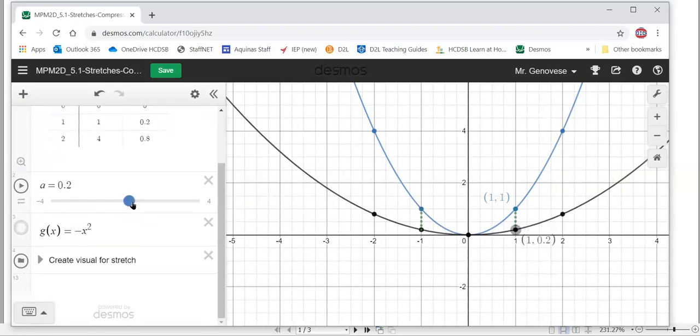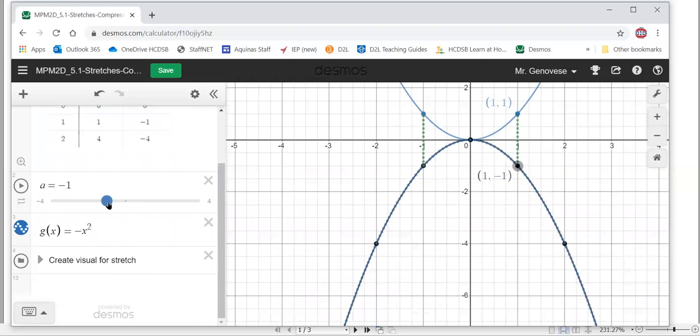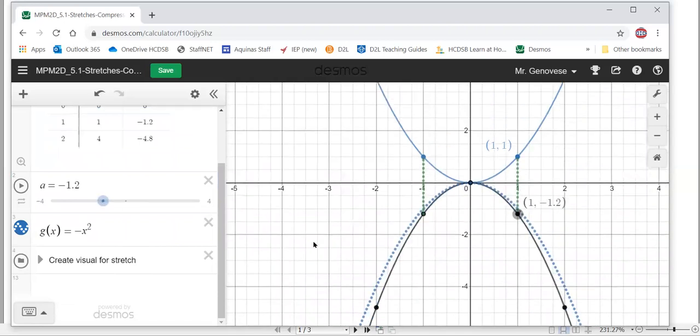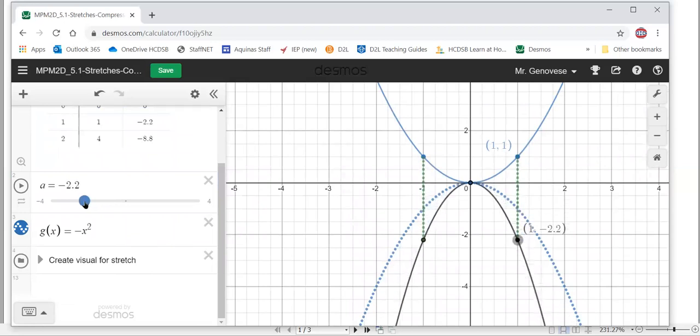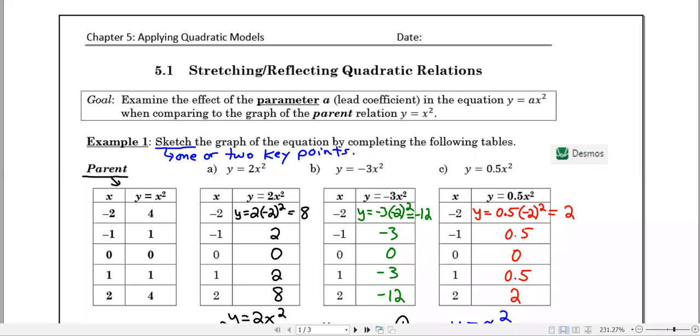And then we can talk about both a reflection in the x-axis, but not only a reflection, but a reflection and a stretch vertically. So again, we're always comparing to this parent graph, the blue one up at the top. So it's been reflected and stretched vertically, or it's been reflected and compressed vertically. Okay, so hopefully that gives you a decent basis for the aspect of